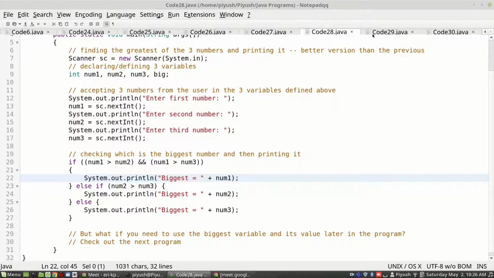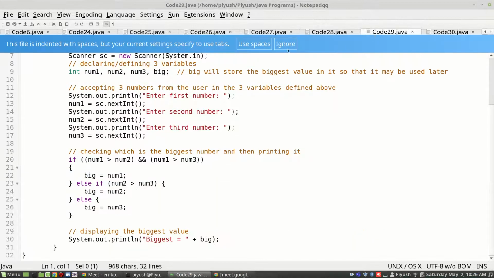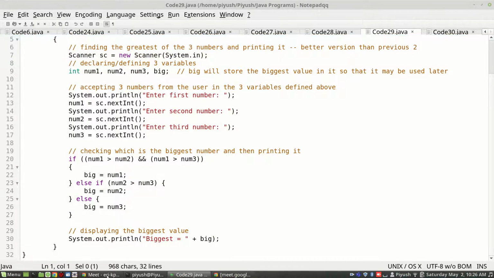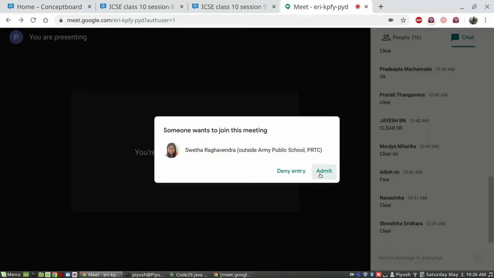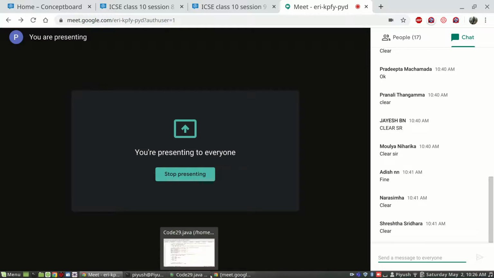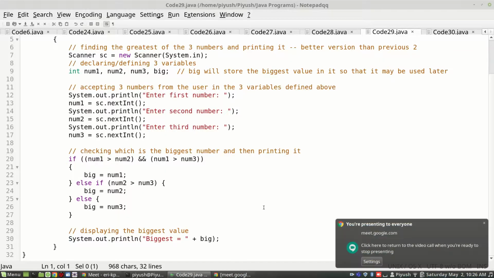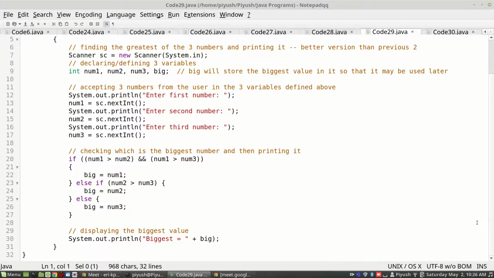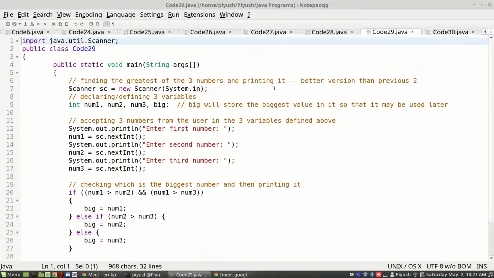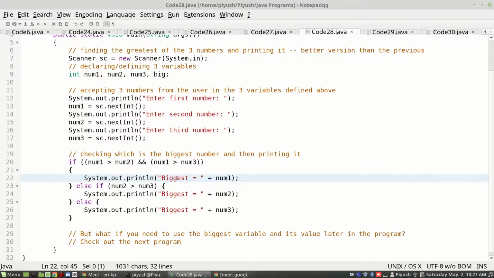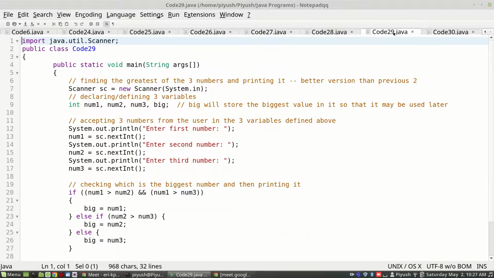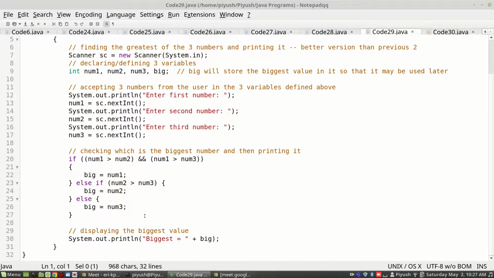So the next program was the same. Now let's come to program number 30. This program 29 was the same thing. I made the change in the previous program only. However, I have written another separately. I'll share this, which one happens to be the biggest.